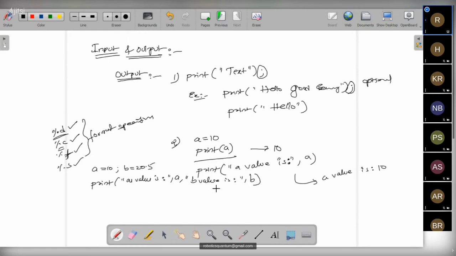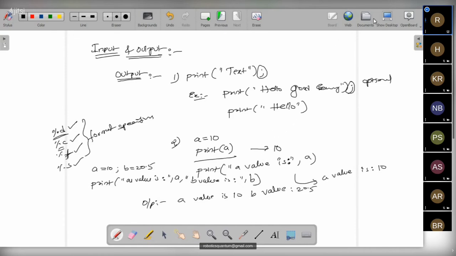I'm writing it in a single line; we can also write in two lines. The output will be: a value is 10 and b value is 20.5. As usual, you get the output. These are the two ways to print data in Python.